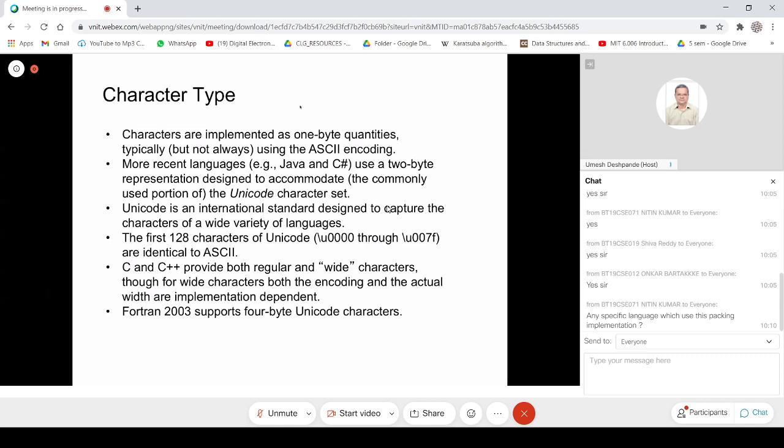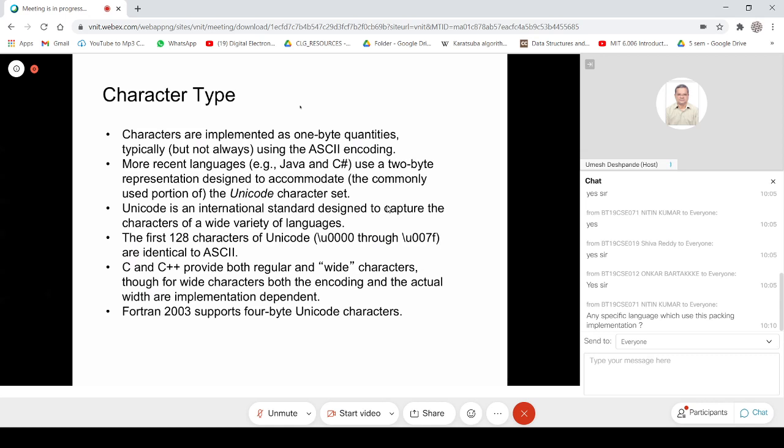nowadays we have this Unicode character set, which is a 2 byte entity. So now we can represent 2 power 16 characters, which for the time being is sufficient for us to represent most or all the characters which we think of in various language scripts. And the first 128 characters of Unicode are identical to the ASCII encoding, and the others we use for other languages.